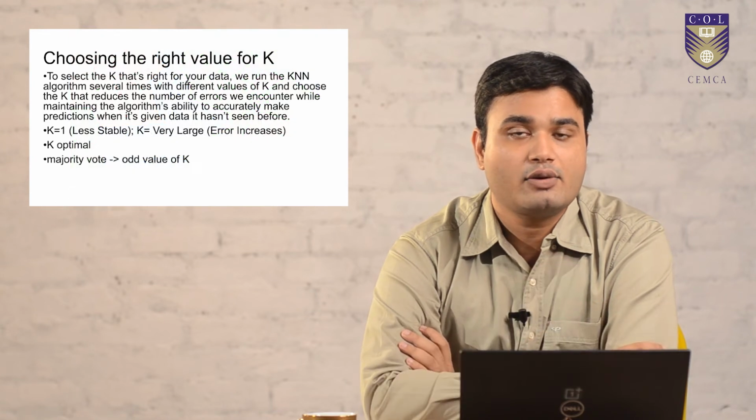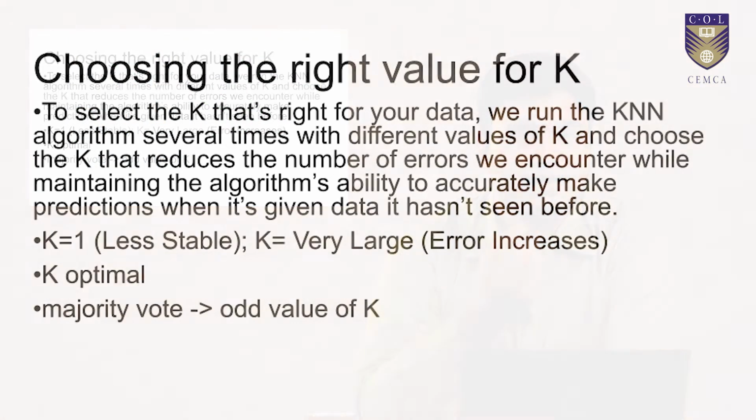To find the value of k, we must understand the nature of how the errors are distributed with increasing value of k. So the lowest that the k value can take is 1, and the highest that it can take is positive infinity. Now if k is equal to 1, then for any given data point we are only looking at itself to understand which class it exists in. So essentially, if we have n number of data points, then we are making n number of clusters. Although we will have good predictions, this model is not generalized enough